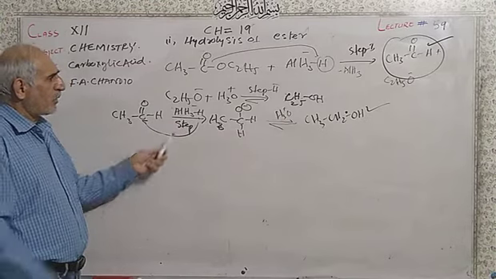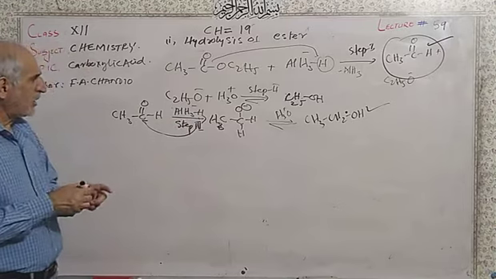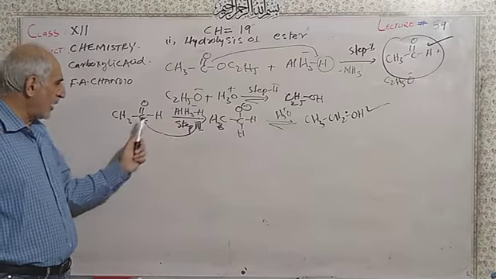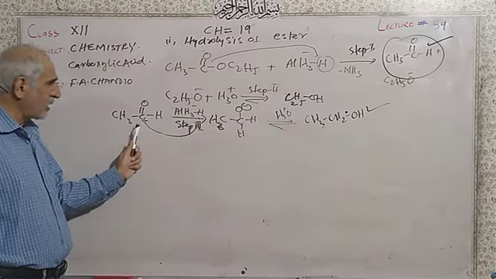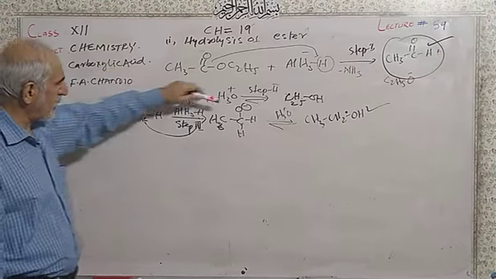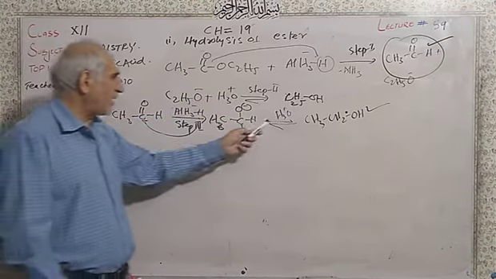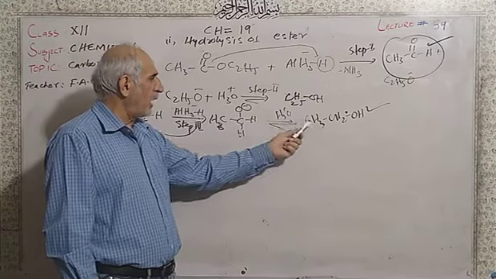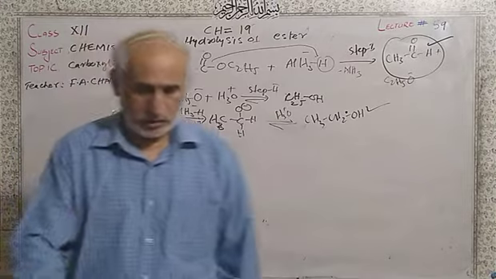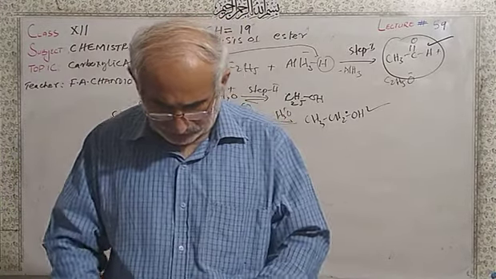Again, in step number 3, this again is the reducing agent, aluminum hydride, with negative charge. So one hydrogen is going to be added to this carbon. You can see the double bond is going to be removed, a negative charge is created, and hydrogen is going to be combined here. So with acid hydrolysis, the hydronium ion, the hydrogen is going to be added to the oxygen to make an alcohol. So this is the reduction of esters.